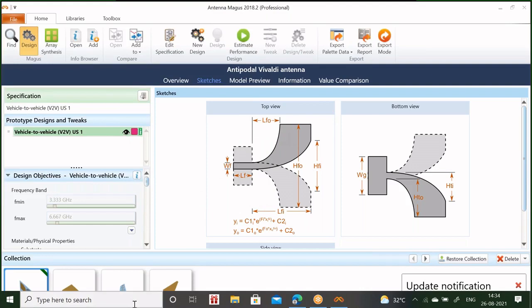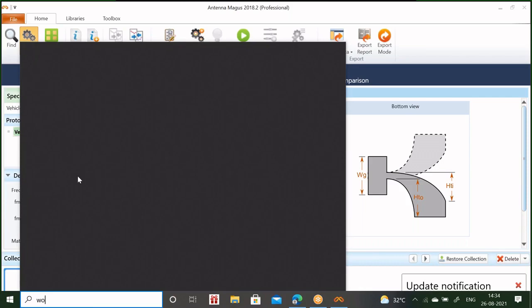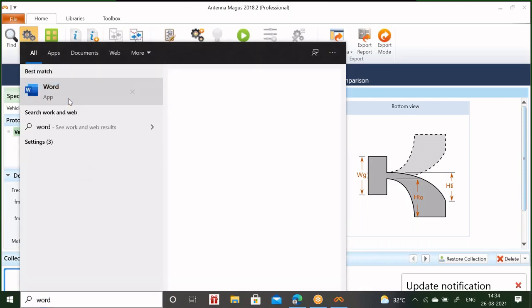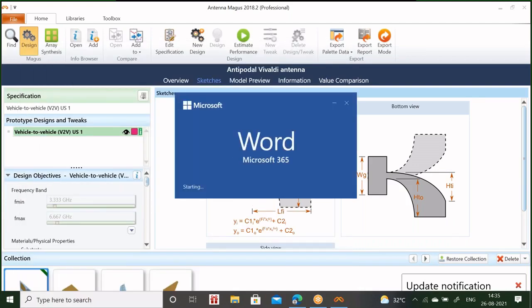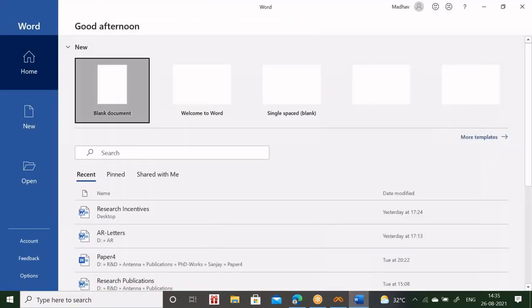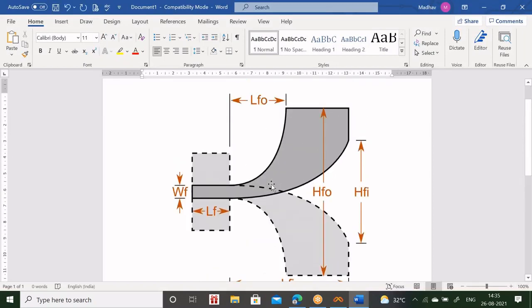Now you can take a Word document and paste.